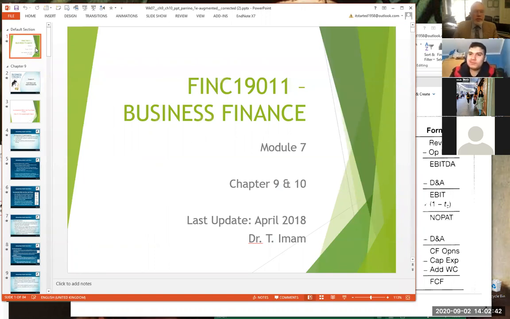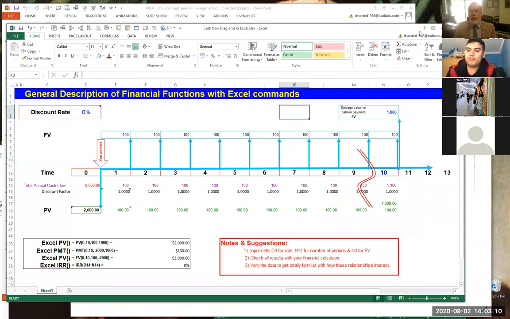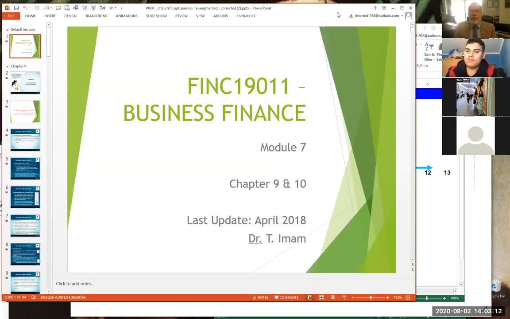Okay, what we're going to be doing today is looking at really advanced issues, like really capital budgeting Mark II. We're going to be basically carrying on the discussion that we were talking about last week. There are a few issues that we're going to be working through and really taking those things a little bit further. Before I get into that, though, there are a couple of background things that I did want to talk about.